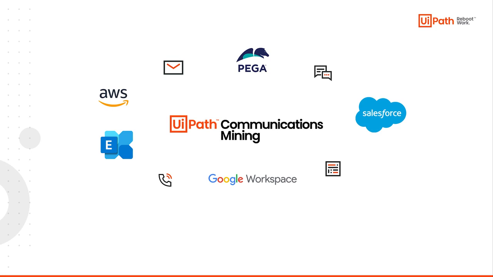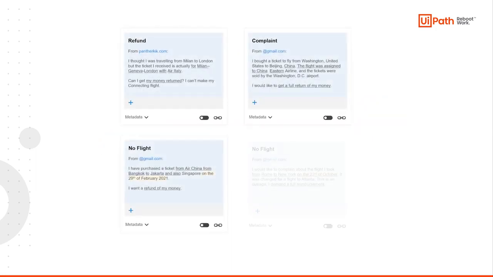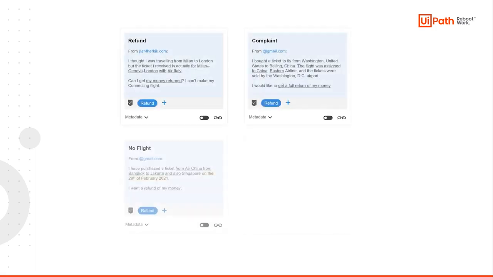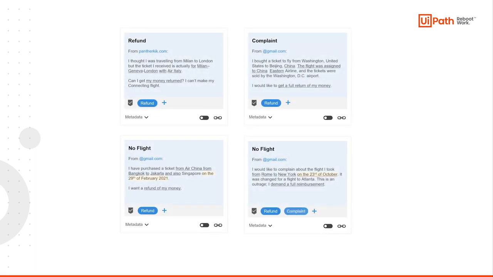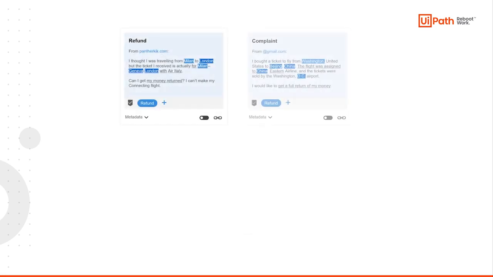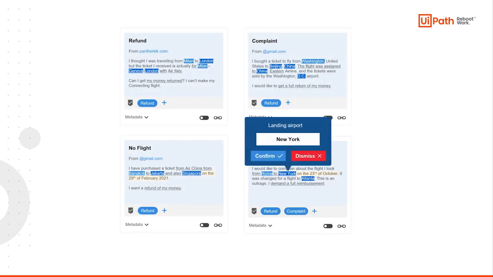With data uploaded, the platform automatically kickstarts the discovery process. It uses unsupervised learning to cluster together groups of communications that share similar themes and concepts. These clusters can link to repetitive processes, requests, issues, and sentiments. They can both help us to define the right structure for our model and speed up the first stage of model training. By reviewing these clusters and applying labels and entities that capture relevant concepts and data points, the platform quickly starts to build a picture of what's in the data.